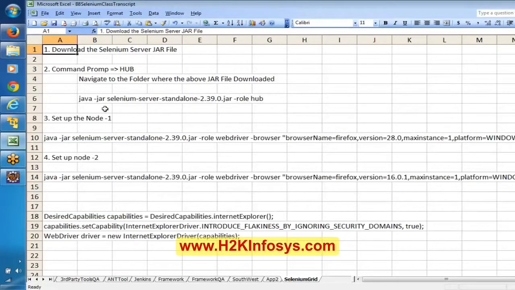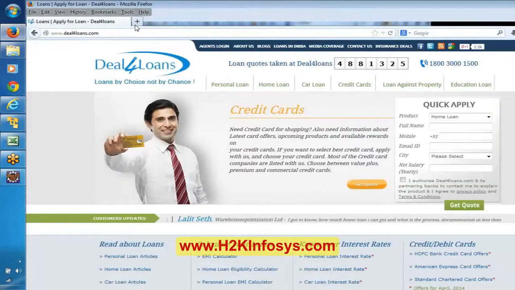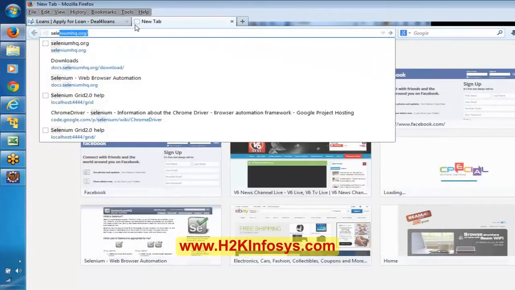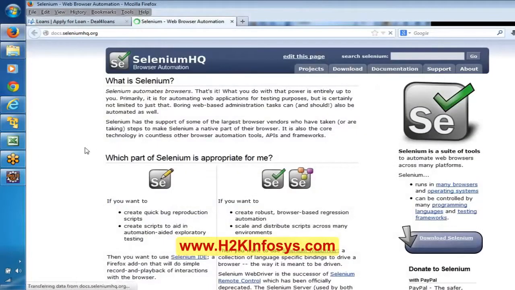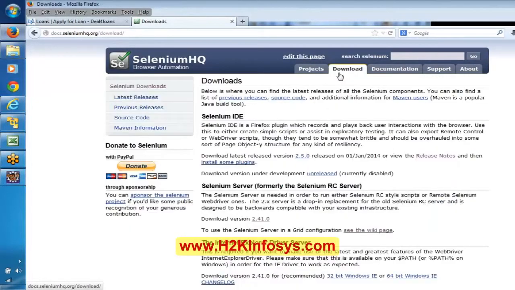So the first step that we have to do here: there is a Selenium server jar file. Let me give a link. Here, Selenium server, download this particular file.